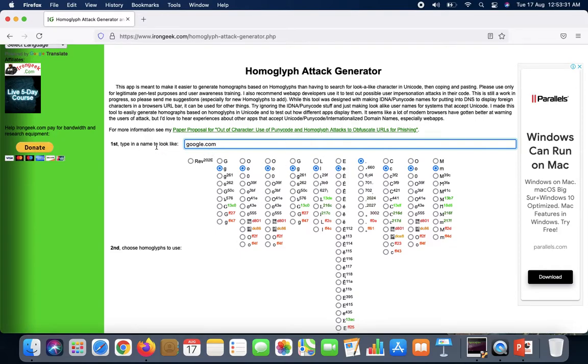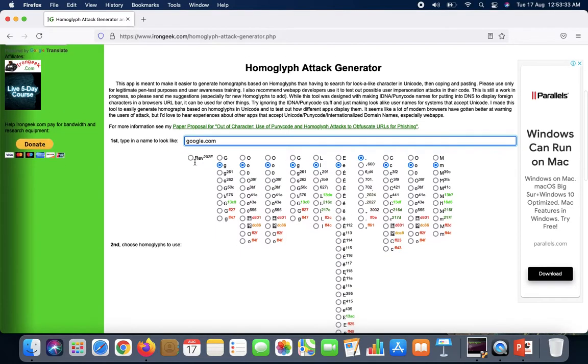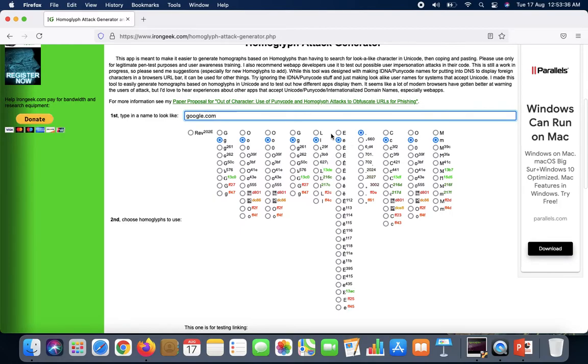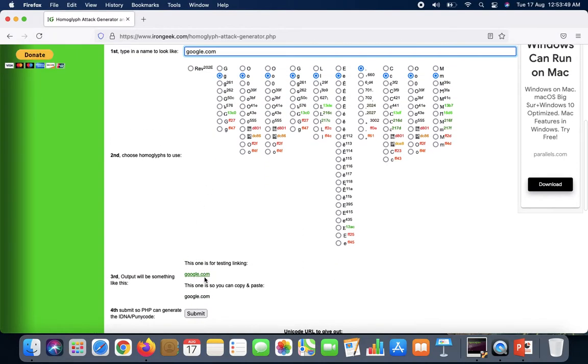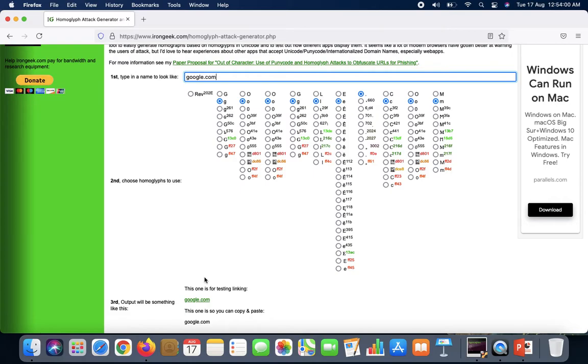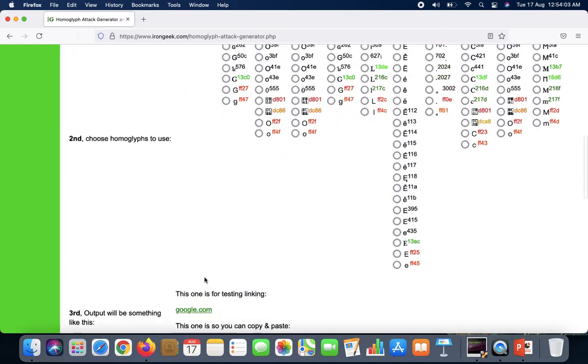As soon as I type the name to look alike, certain characters get loaded up here, so I can easily identify which characters are in use when I type google.com as the real one. Downside, you can see the result or the typed domain information. But now the point is how the IDN homograph attack works.